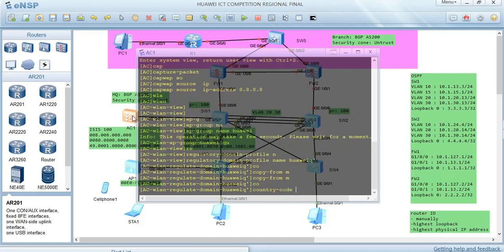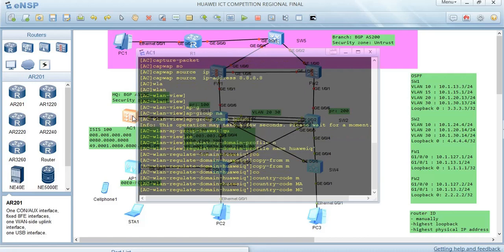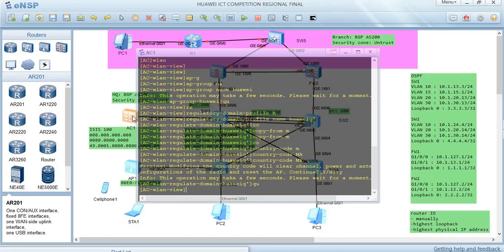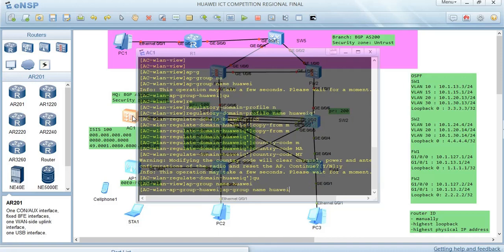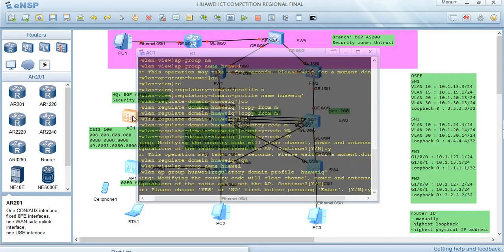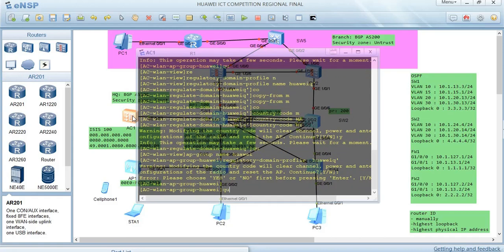Country code MY. Say yes. After that, we quit and we bind that regulatory domain into the AP group. Then you bind the regulatory domain into that AP group. Say yes. Quit and